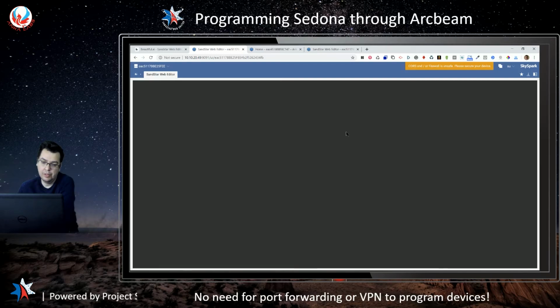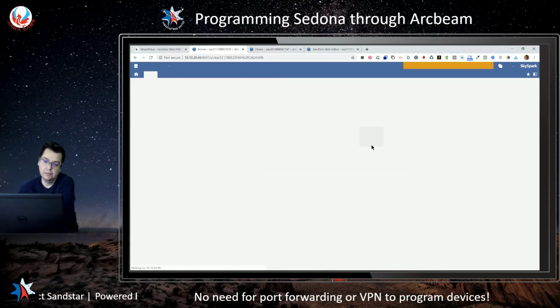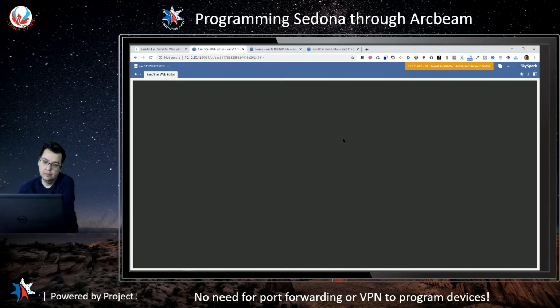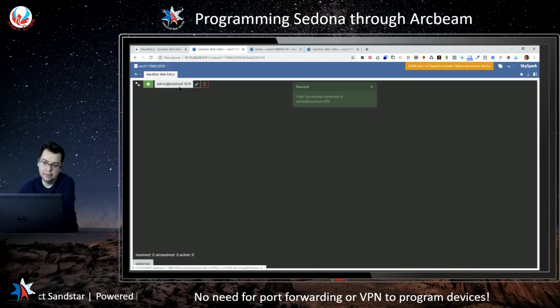So we go to Sedona Web Editor. This is already loaded, so I'm just going to refresh the cache so that we have it exactly blank and we start from scratch. Go to Sedona Web Editor. It's going to pop up a window for us to log in. We'll say connect through ArcBeam, test, save, connect,